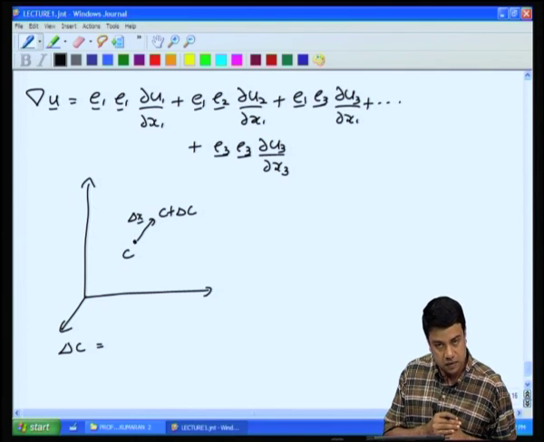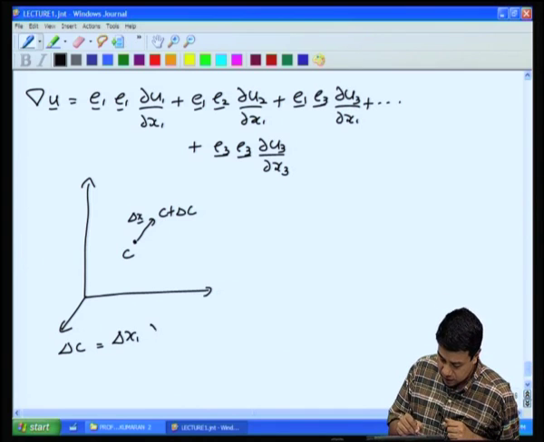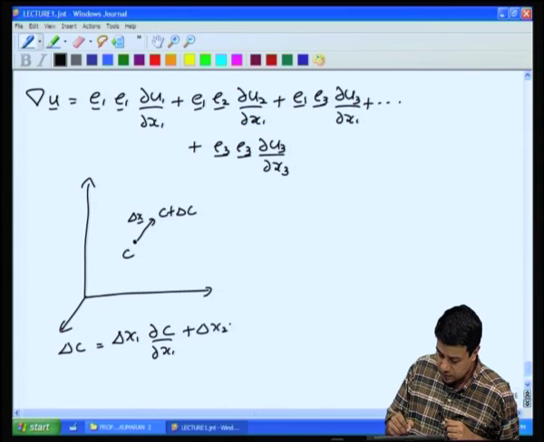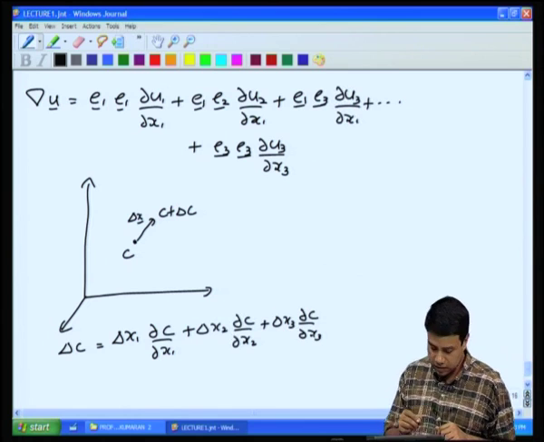That variation in the concentration is equal to delta x 1 partial c by partial x 1 plus delta x 2 partial c by partial x 2 plus delta x 3 partial c by partial x 3, okay, which is